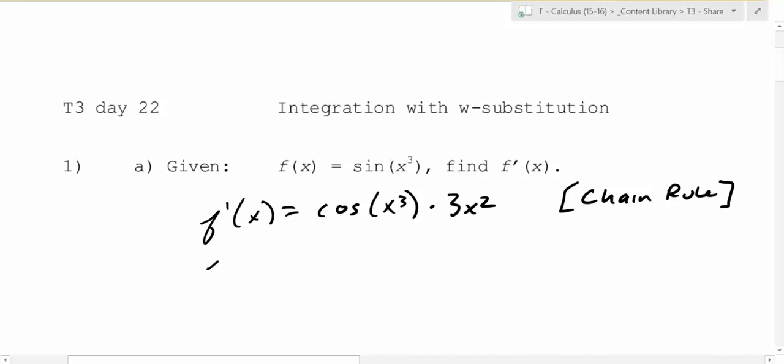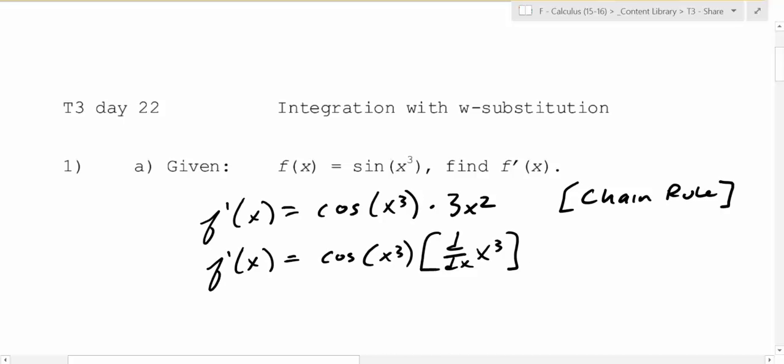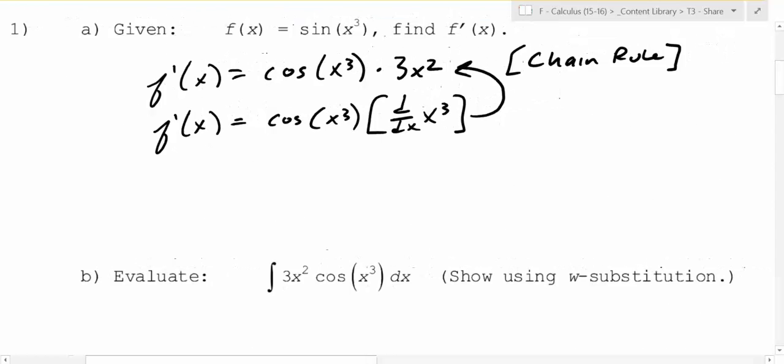So another way to write that would be, f prime of x is equal to cosine of x cubed. That was, what did you do? You did the derivative of what? X cubed. What is the derivative of x cubed? 3x squared. Are we okay with this? Do you remember this? This should be kind of familiar-ish, right? Kind of familiar-ish? Okay, so with that information right there,